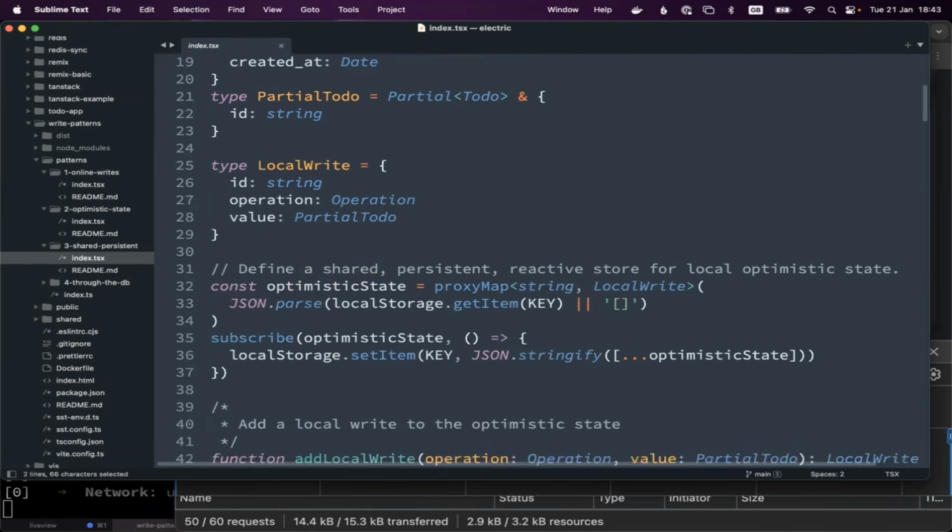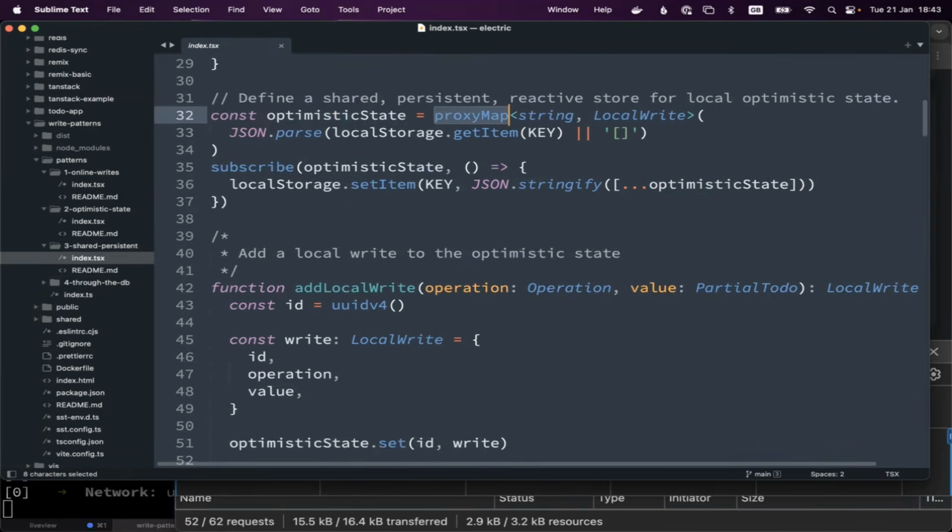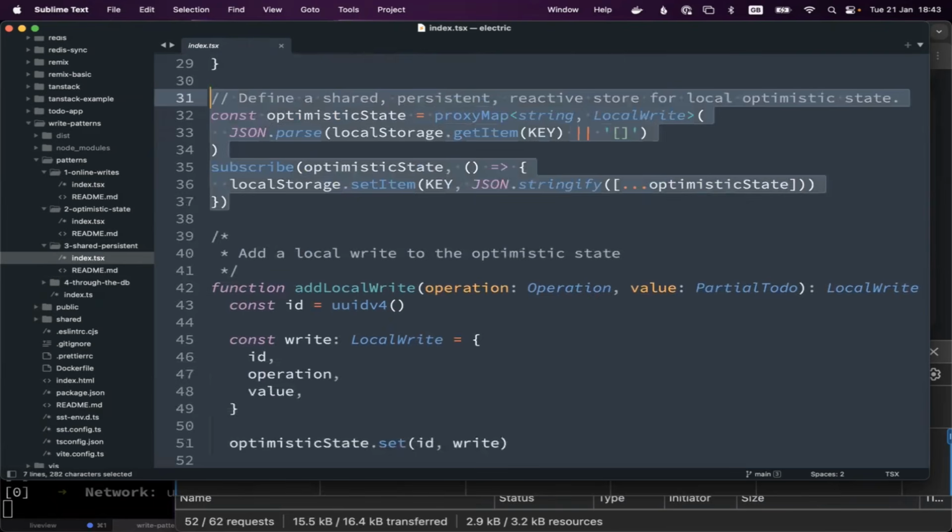So what we do is we say the optimistic state is an instance of this Valtio store, and we also persist it to local storage. So when the application loads, we hydrate it out of local storage, and when you write stuff, you write it to local storage.